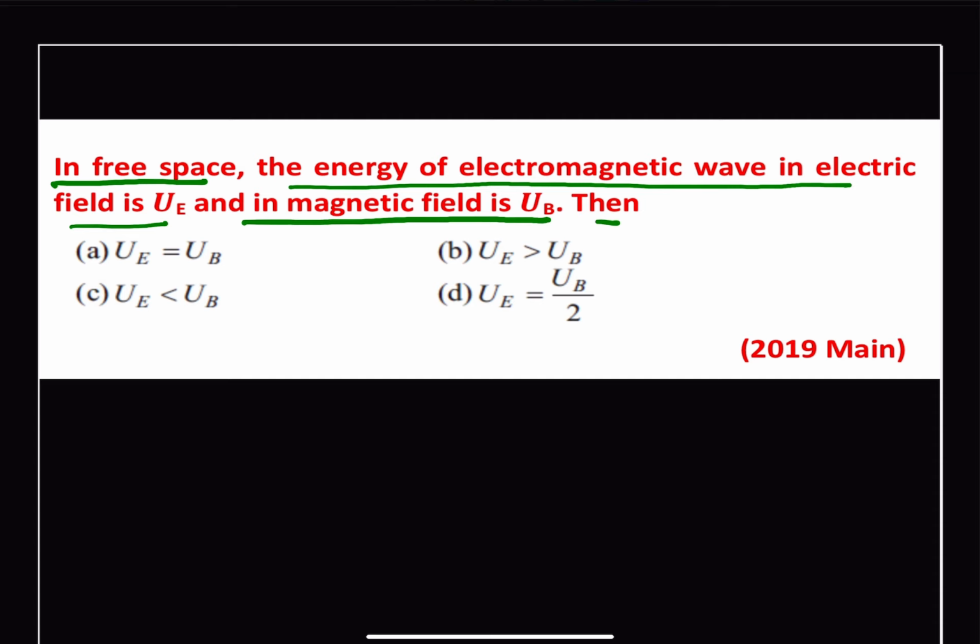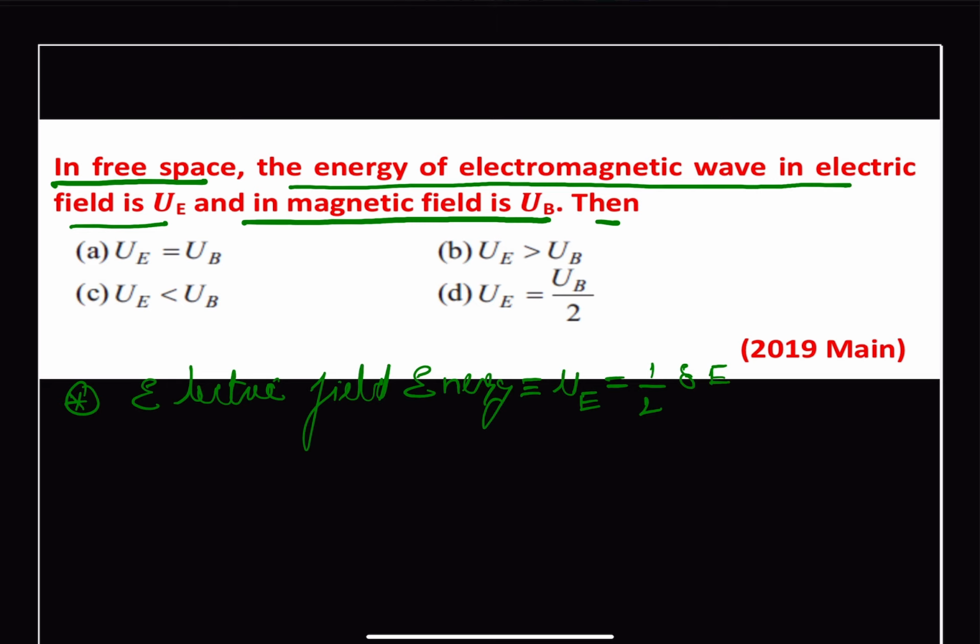We start with the basic formula, which tells us that our electric field energy, given as UE, is equal to half